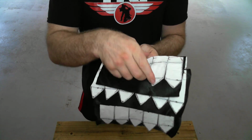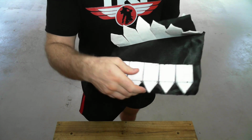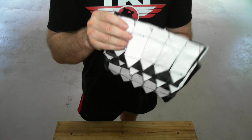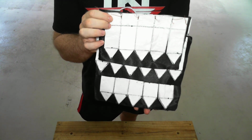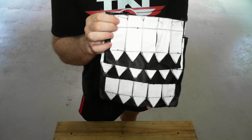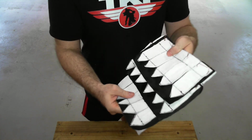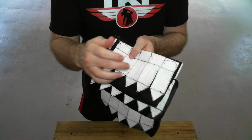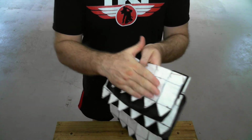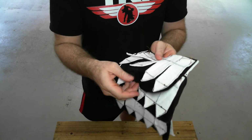What I've got here is 3 layers of this on this test piece, 1, 2, and 3. You'll notice that there's a difference in spacing between the 3. I'd like to pretend that that was done on purpose. So let's pretend that that was done on purpose. At the end of the day, it does allow us to test with different densities of these scales sewn on top. You'll also notice this black fabric,